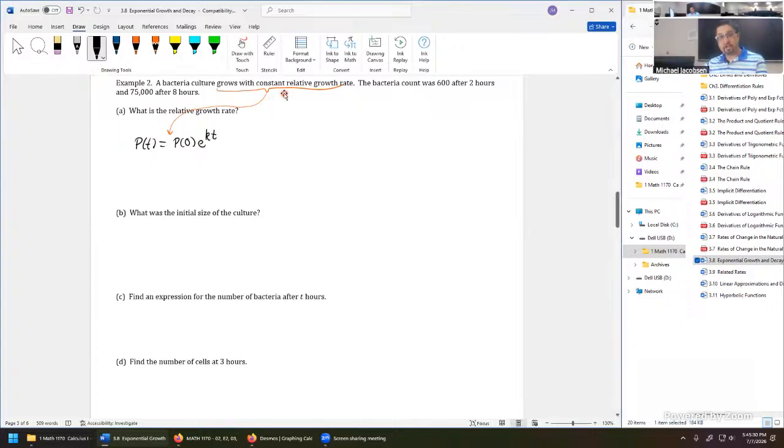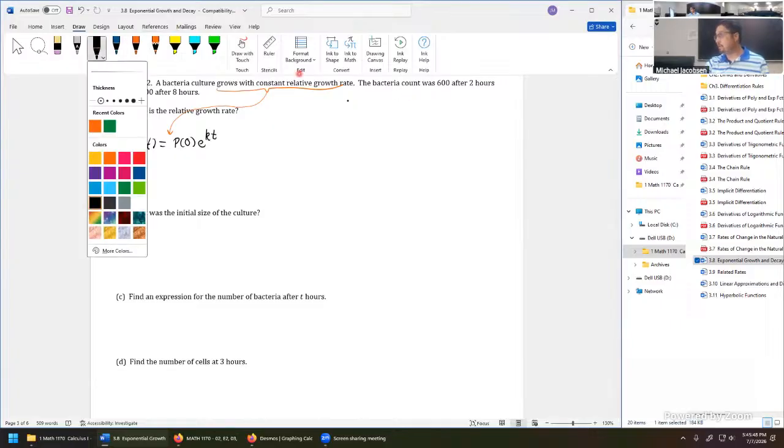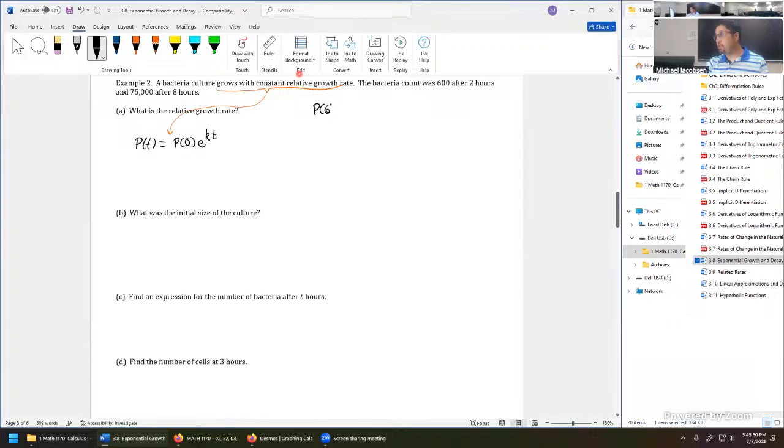So this information implies the differential equation, which gives us that immediate solution. So now that's just a foregone conclusion. It's going to grow according to that exponential growth model. So next they tell us that the bacteria count was 600 after 2 hours. So in other words, we can write down an equation. Population size at 6 hours was 600, and I'll just say cells for short on the unit for that one.